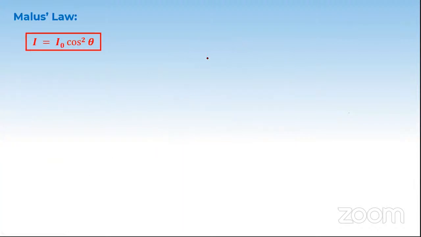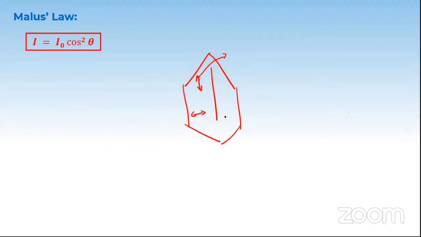I'll tell you very quickly one more time if you haven't understood. Imagine there's a polarizer and this is the polarizing axis. If there is a light wave in this direction, it will completely pass out. If there is a light wave in this direction, it will be completely blocked. But what happens if I take light in this particular direction? If this is theta, only the cos component, E cos theta, will pass through, and E sin theta is blocked.